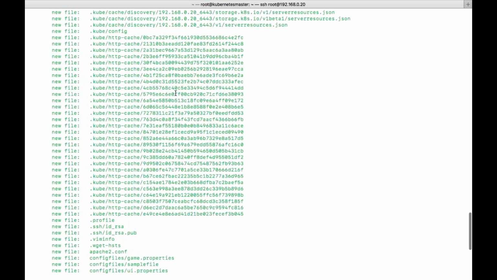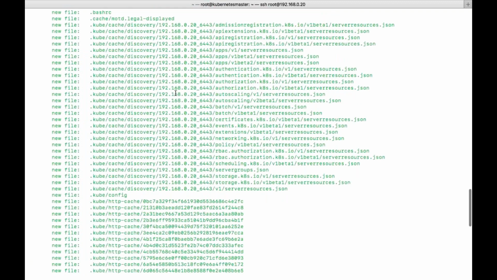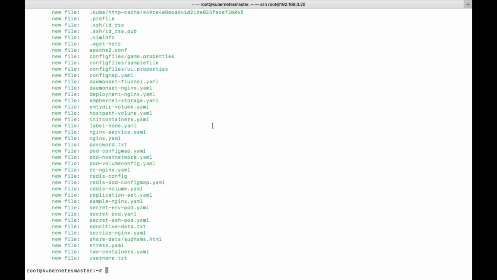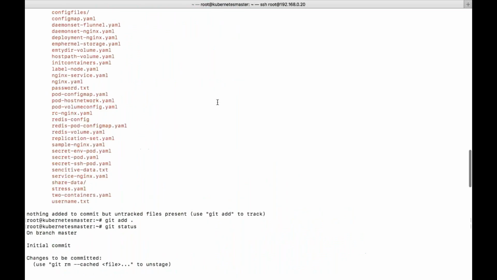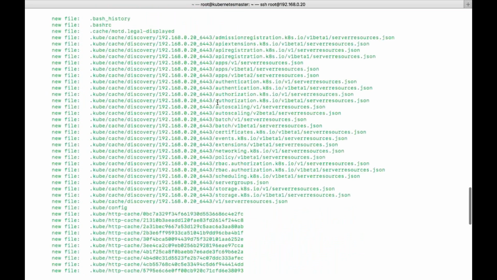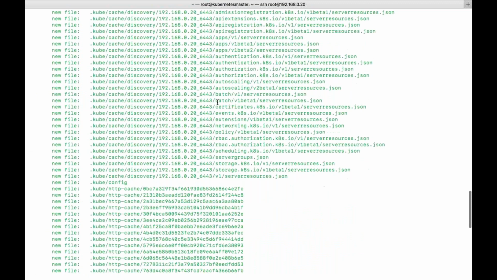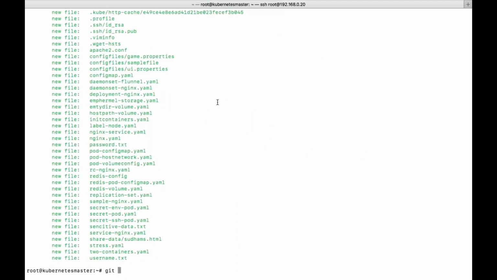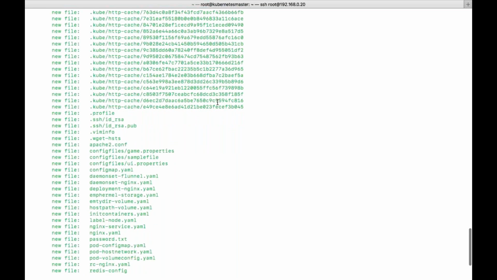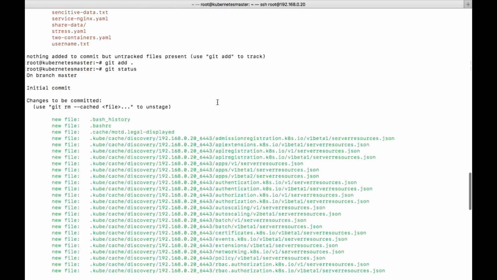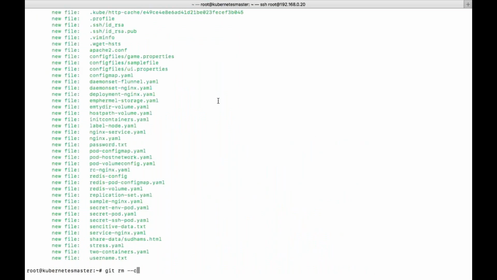The problem is that a few files in this are not required. I forgot and included those files also, and that will create a problem for me.